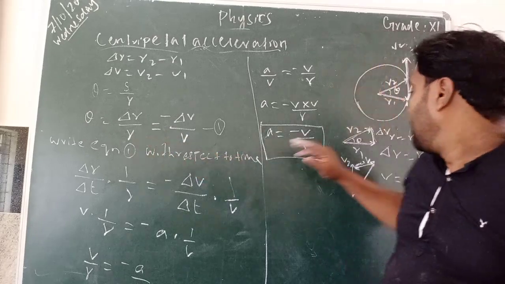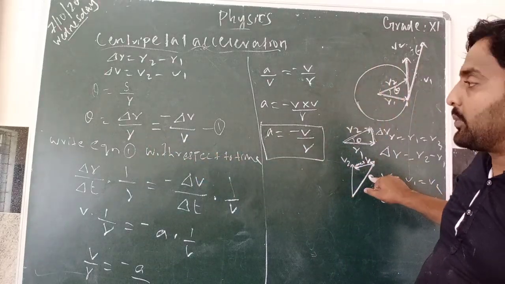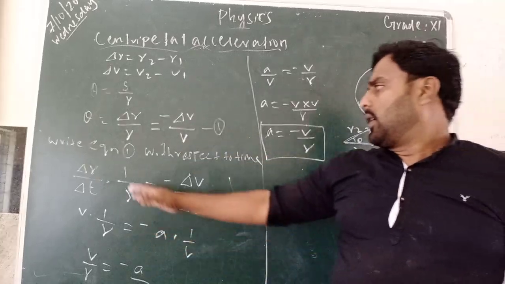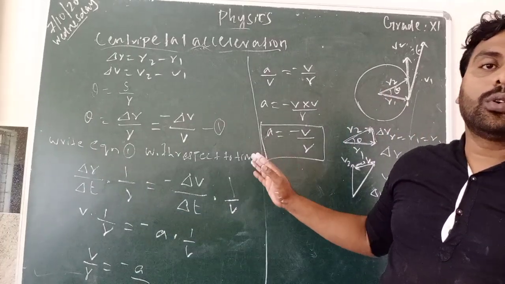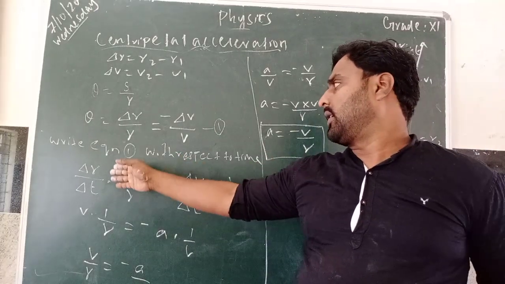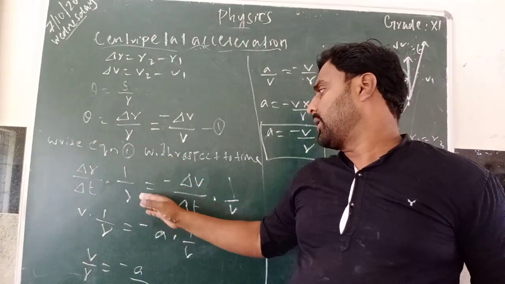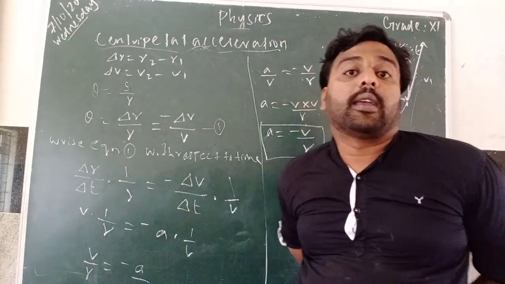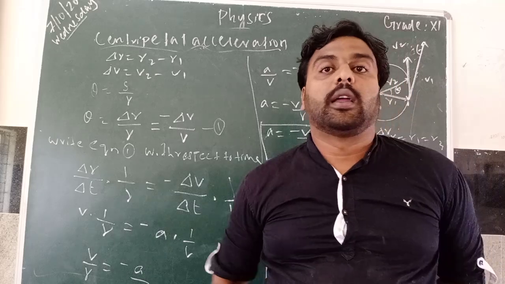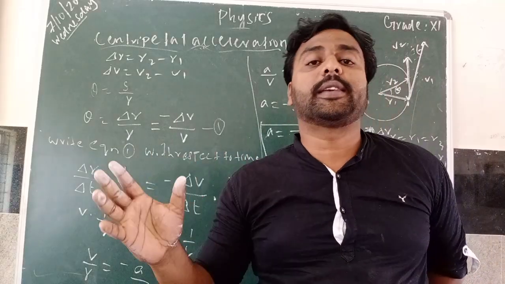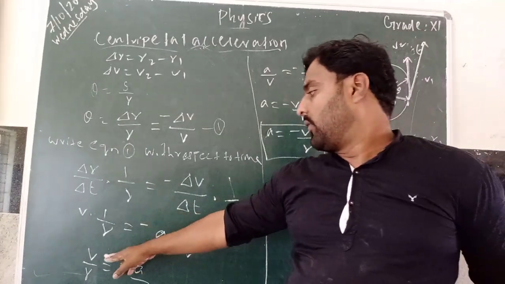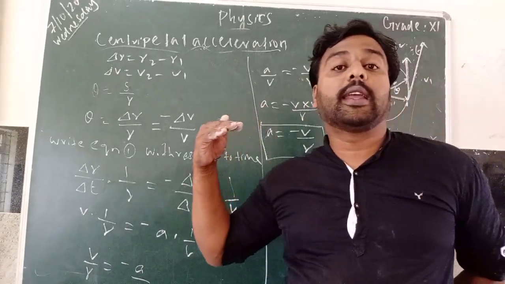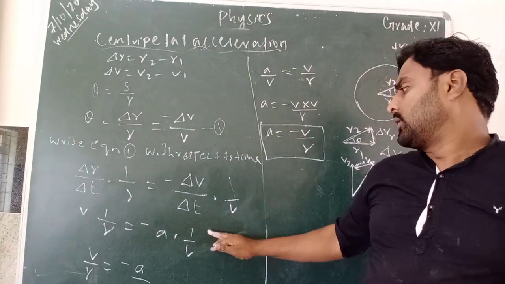Delta R. Now for this geometric representation, arc distance is what? Delta V. Now you can write this equation with respect to time. We know that, divided by delta T we are putting, then what? Delta R by delta T becomes what? V. How? Delta R means change in position vector, which is equal to the displacement. So V by R. And here the minus sign indicates the velocity in the opposite direction.